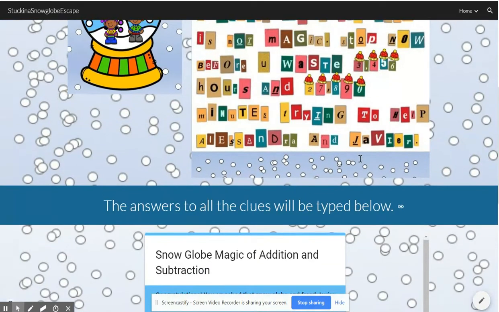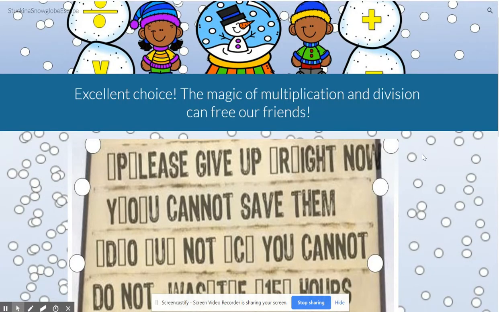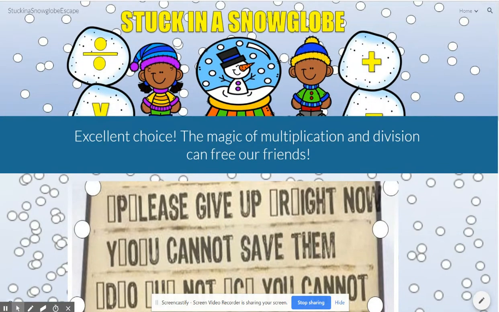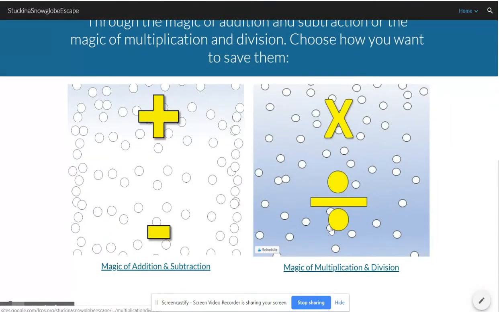So that is the addition and subtraction escape room. The multiplication and division one has a lot of similar clues, but totally different answers. So let me go all the way back. If you go back to that first screen, students have to make a choice between addition and subtraction or multiplication and division. You click on this screen,